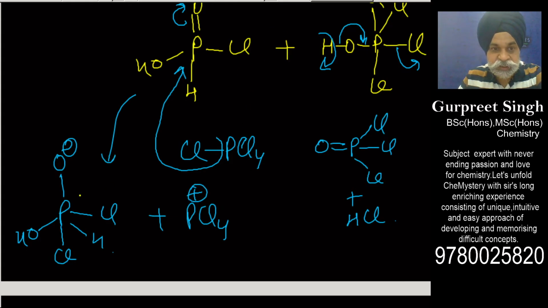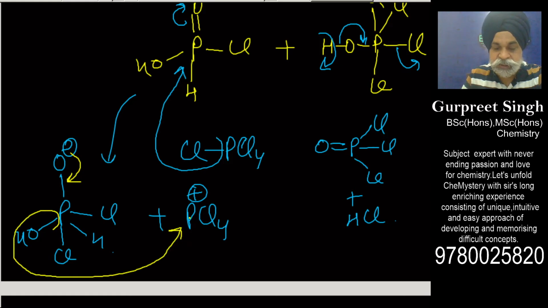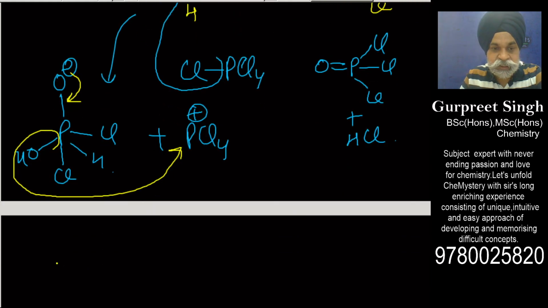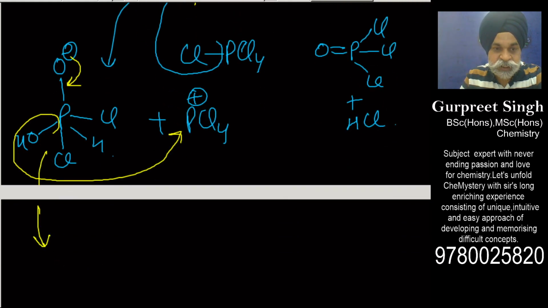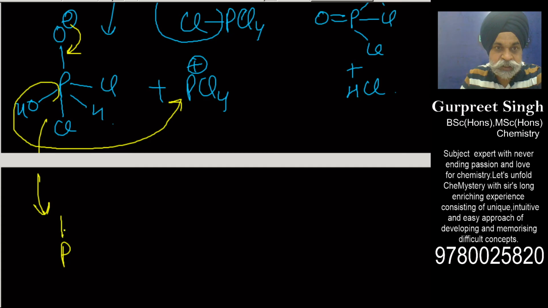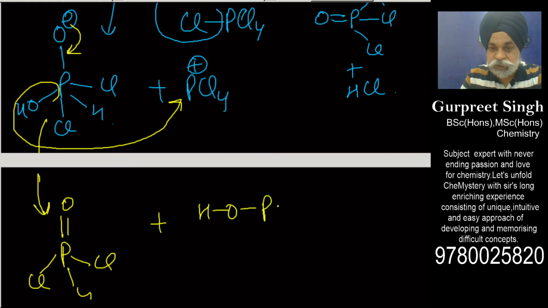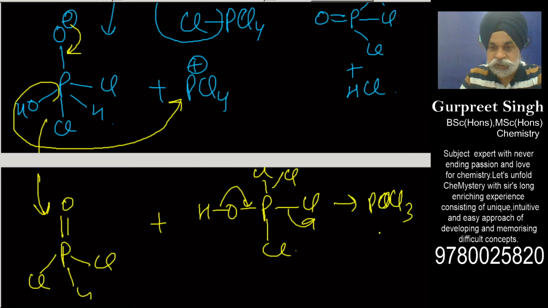Now what next I could do here is, again I will throw this OH negative out to this place, and this will turn into POCl3 and HCl goes out. And lastly, from this side what I would get here is P double bond O and Cl, H, Cl. Again you have 5 bonds, and this part would become the same. This got attacked, so this goes here, this goes out, and you would get POCl3 along with HCl.